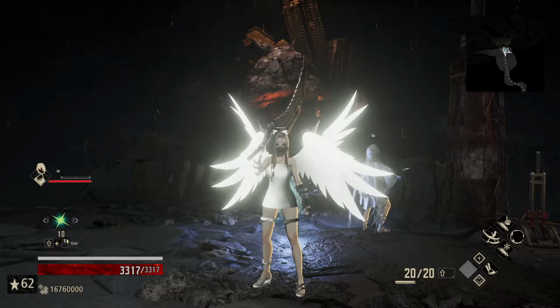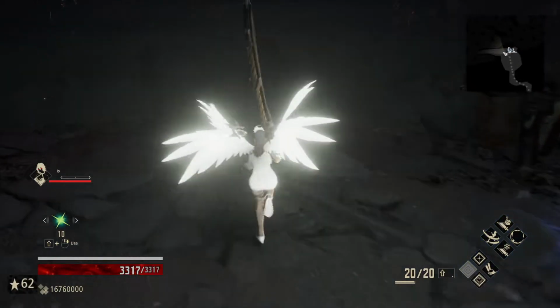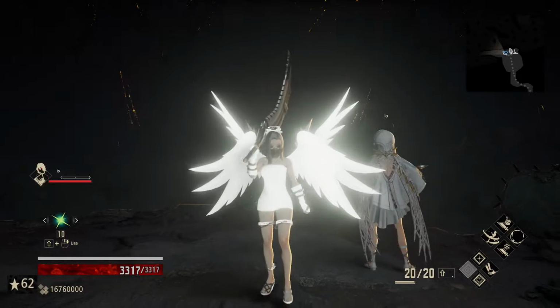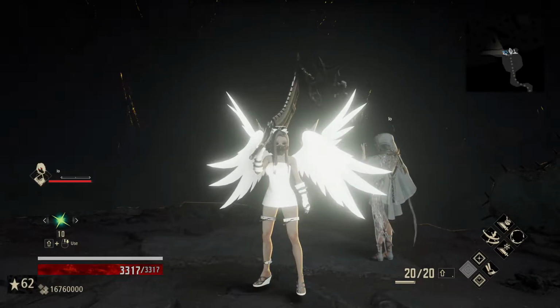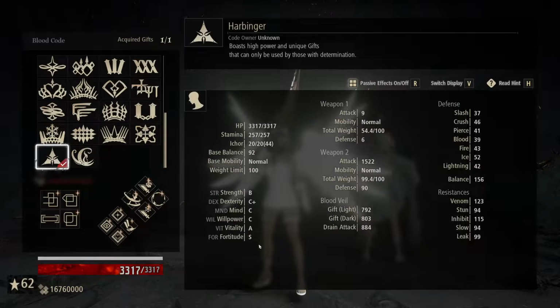And since there are several bog predators through here as we go, the big purple lanky fellas, untouched by light, it's really important that we have a lot of stamina to actually get away from folks. So here we are going to be running Harbinger, as this is still in the top 10 in the game for stamina. It is number 9 out of the top 10, and we are going to buff our fortitude here